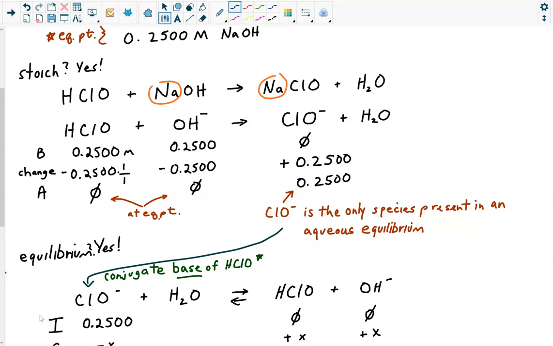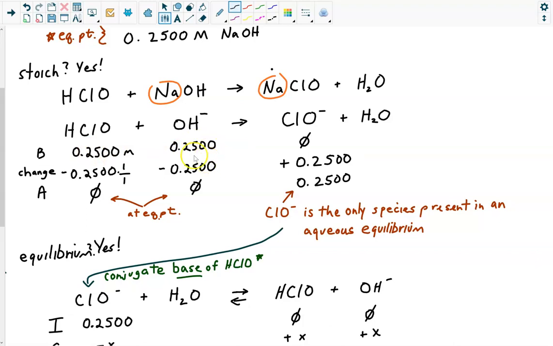Okay, so stoichiometry, yes. And actually, I misspoke. There will be an equilibrium at the end. That was incorrect. I was thinking strong versus strong. Anyway, let's just look at the stoichiometry, and then we'll see why there is an equilibrium at the end. So I set up my reaction, HClO plus NaOH. It's going to make the salt, sodium hypochlorite, and water. Okay, let's write the net ionic equation. Well, sodium is the spectator. So let's write our before. Again, we didn't have to do any dilution calculations because those were the